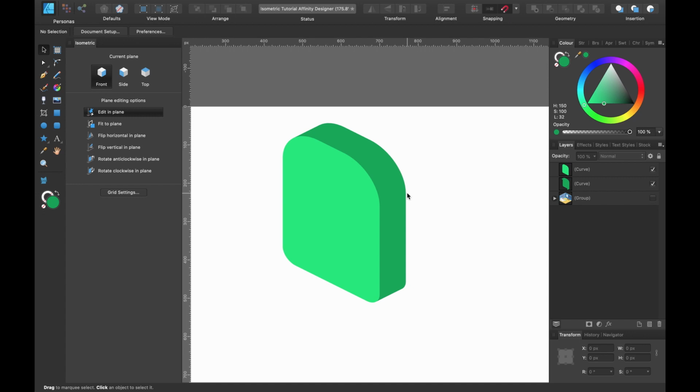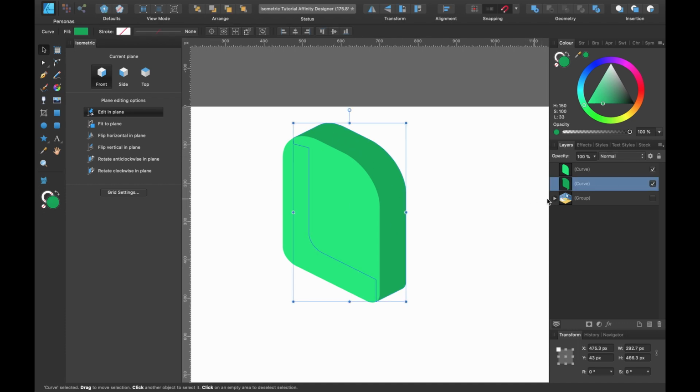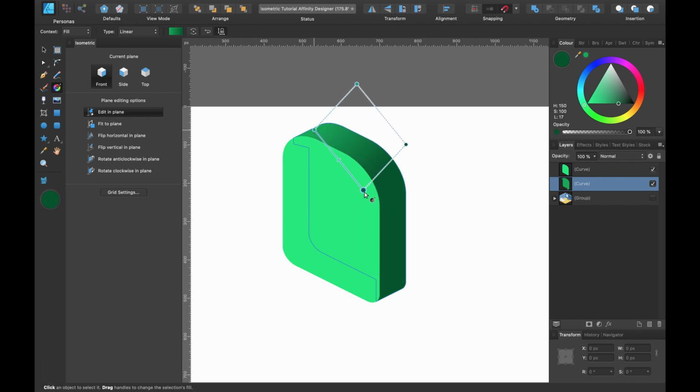I think the next step to really show how three-dimensional it is, is to add a gradient to this, so it's not just one block. Say the light source was coming down from the top. It might be a bit lighter here and a bit darker there. So let's do that. Selecting our bottom layer here, I will head up to the fill tool. Shortcut is G, that's what I'm going to press, G. And I'm just going to click anywhere on the shape and drag it out.